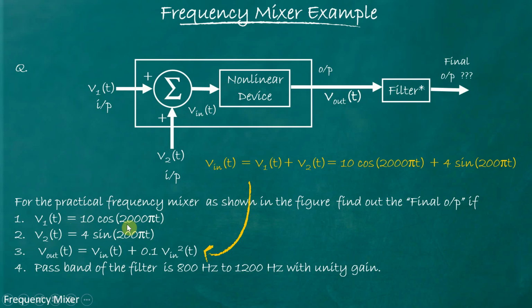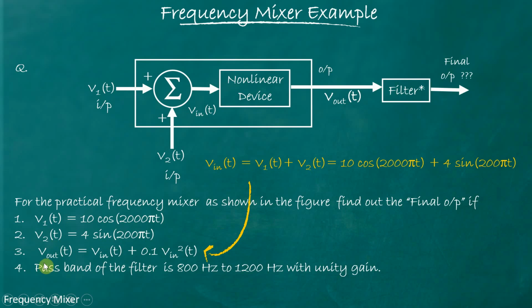So in terms of 2 pi f, how much is the frequency in hertz? If you compare this cosine term with the ideal term cos 2 pi f t, f would be 1000. Similarly, for v2(t) is equal to 4 sin 200 pi t, the frequency f would be 100